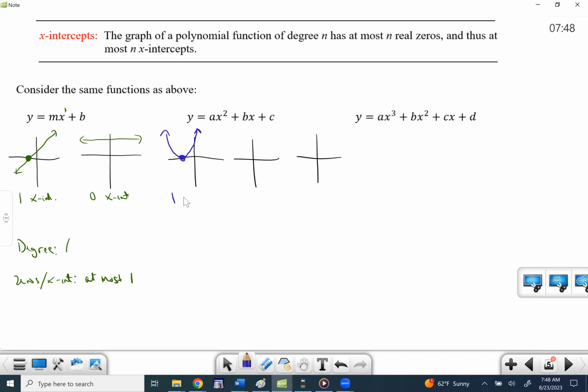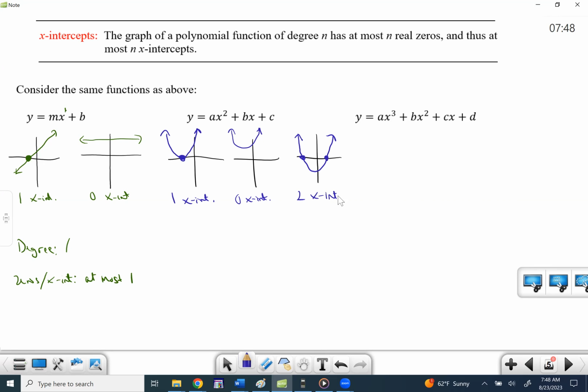So that's going to be 1 x-intercept or 1, 0, right? Maybe my parabola doesn't even touch at all. It's up here, faces upward, and is above the x-axis. Or maybe it comes down, hits once, and then hits again, and it ends up having